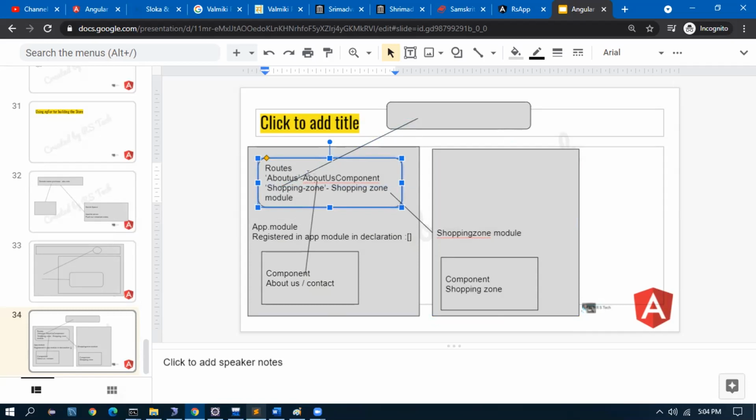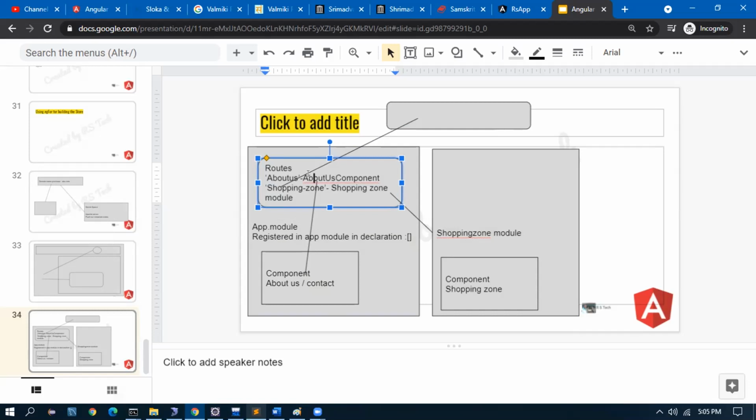It is not a component in the shopping zone, but a module. The shopping zone module is given in the app module.ts, right? Because it has to redirect, right?